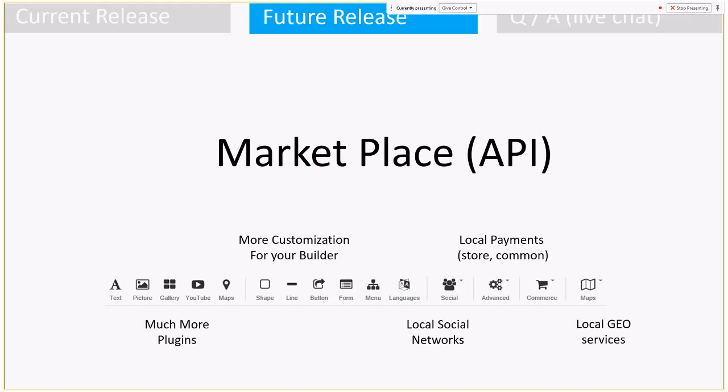So this summer we will provide our amazing update. It's a marketplace. Only some builders in the world have a marketplace. As I know, only Wix has it. So what is the marketplace? We will keep all our plugins, and we will have many more plugins. We already have about 10 or 20 plugins that are not on our website, and